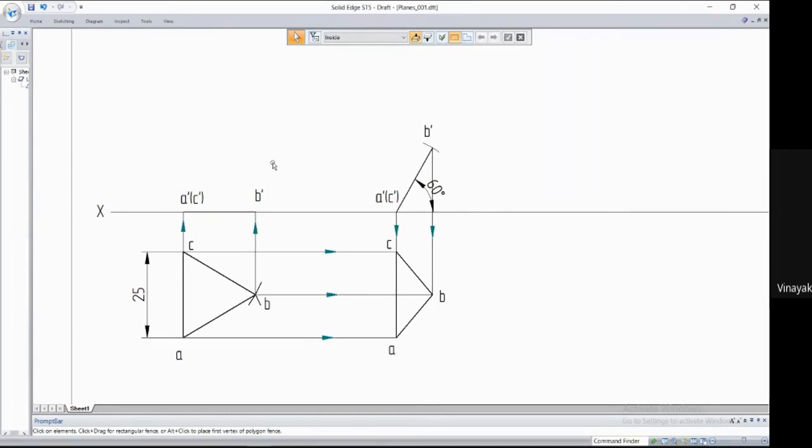Any doubts here in the first and second step construction?